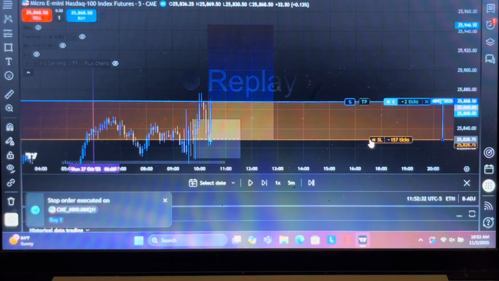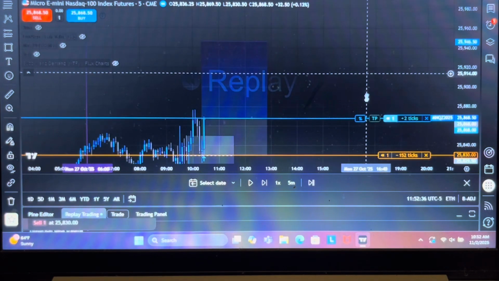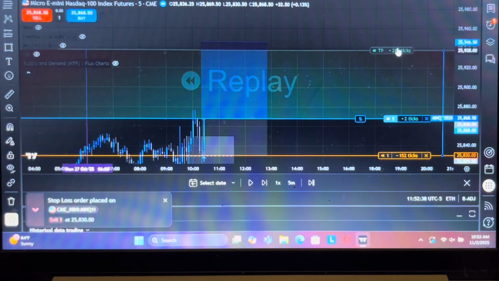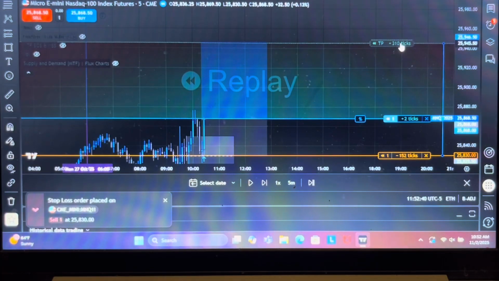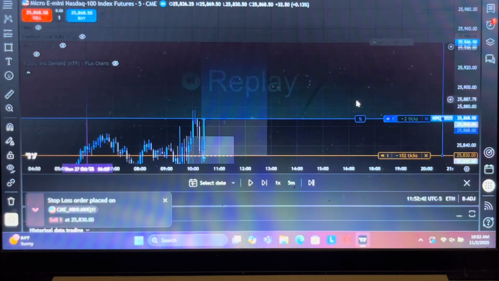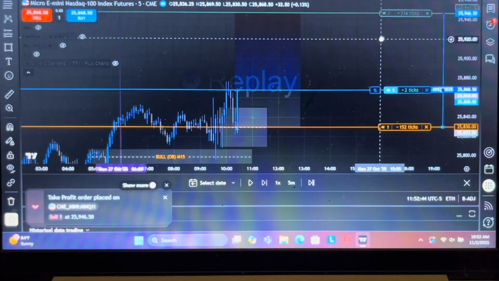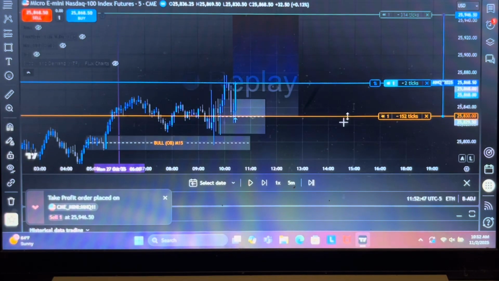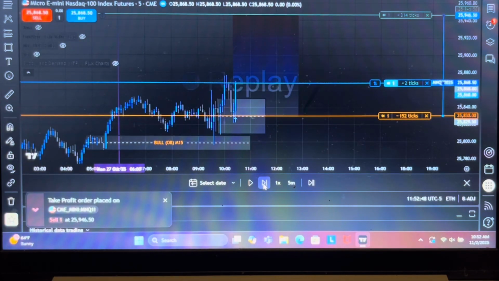So it tapped me in, as you can see, and I'm risking about 152 ticks, which, this is micro NQ, so that's about $77. And I'm going for around 314 ticks, which is about $156. So as you can see, price is pushing up,